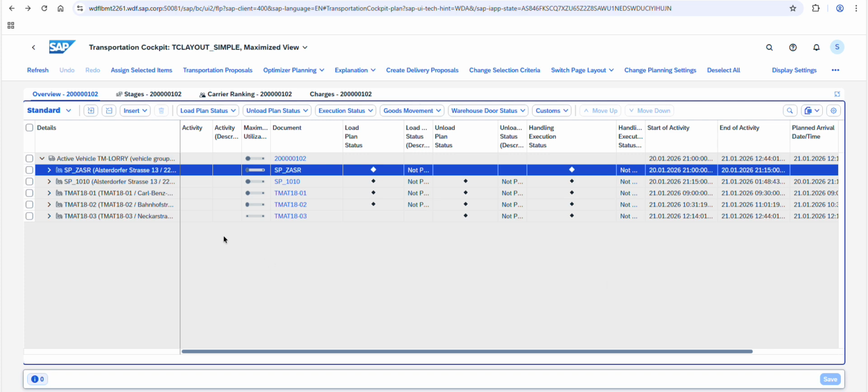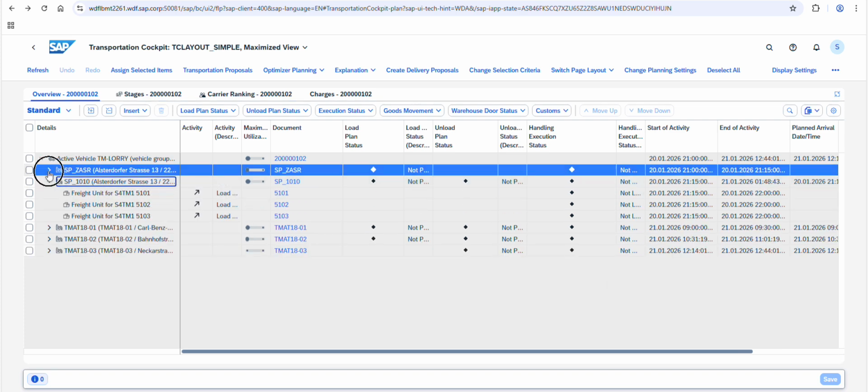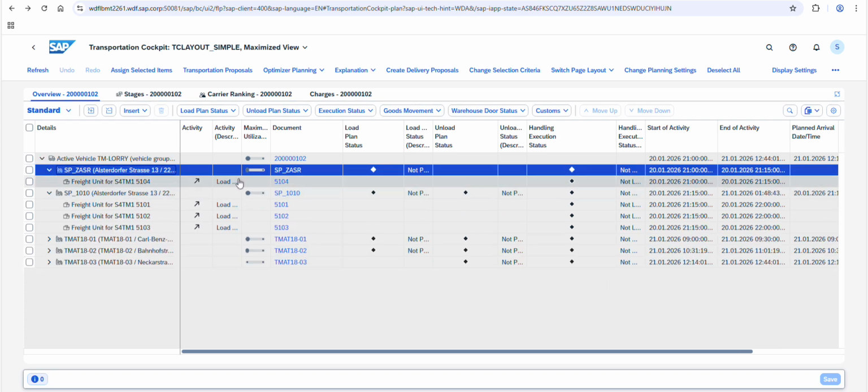Okay, it seems to me like it had different locations in the journey. So it starts off at the shipping point ZASR. I think it takes the first sales order, and then it goes to pick up. Okay, so it first takes the freight unit of the last sales order with the capacity